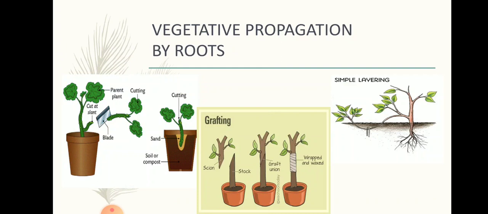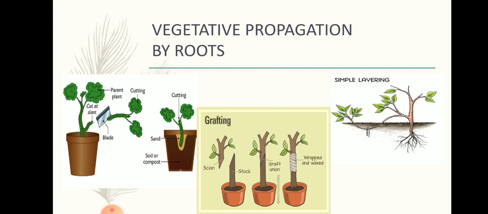The storage organ of the dahlia plant, asparagus and sweet potato is a fleshy root. You all know that it is an outgrowth or a modification of the root for storage of food. That is called a tuberous root, where food is stored in such a way. These roots give rise to new plants.